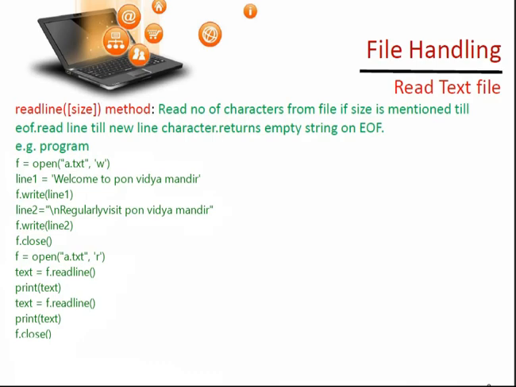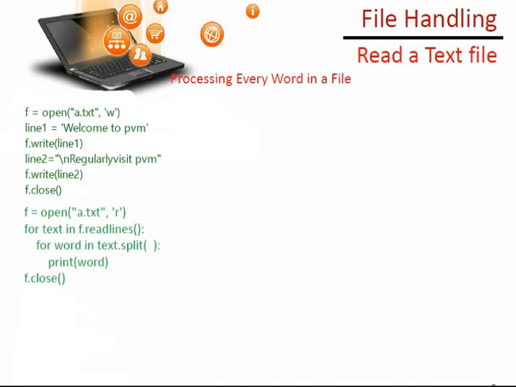As we see the next part, some functions give readline, which means it will read line by line whatever line is given. As in the previous example, each line has been shown here. As you can see in this example, this is used to read line by line, means one line it will read in one text, another line it will read in another text. So this function will read line by line. Next we'll see how we can access each word in that line.